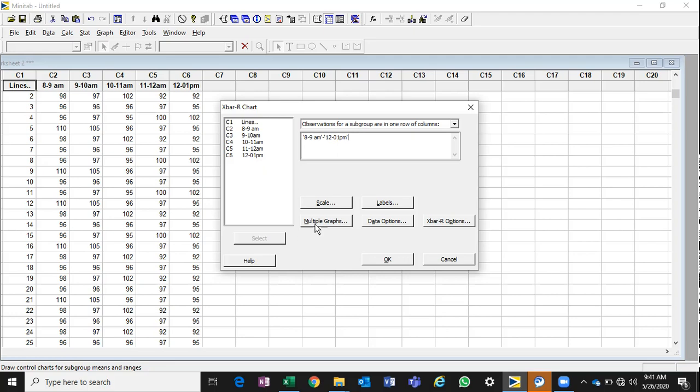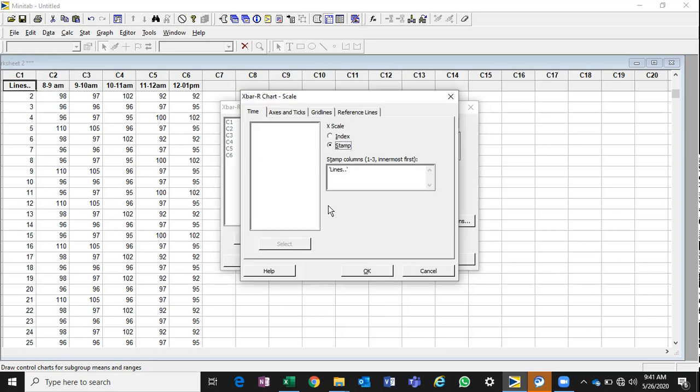You can also give the X axis, because what we have selected, 8 to 9, 9 to 10, 10 to 11, is all data values, but we want X as well. To do that, go to Scale, Stamp, and then select Scale. Example: double click on it and the value will come here.